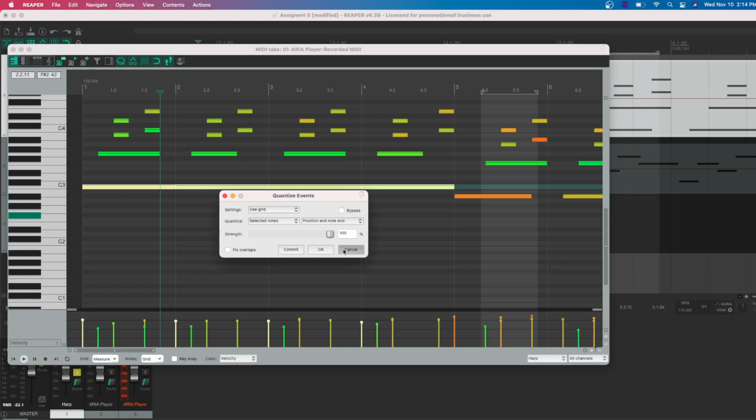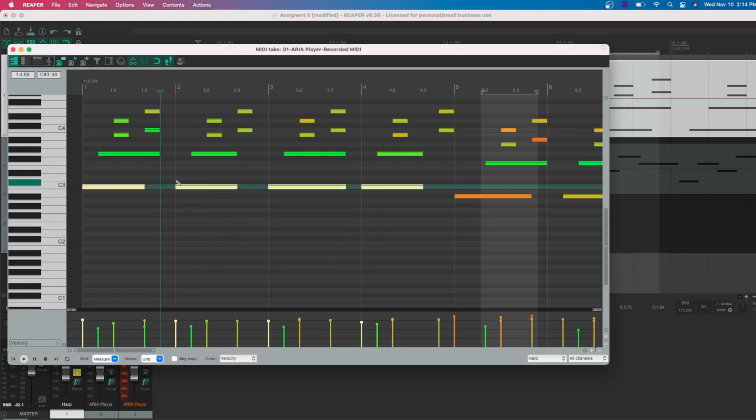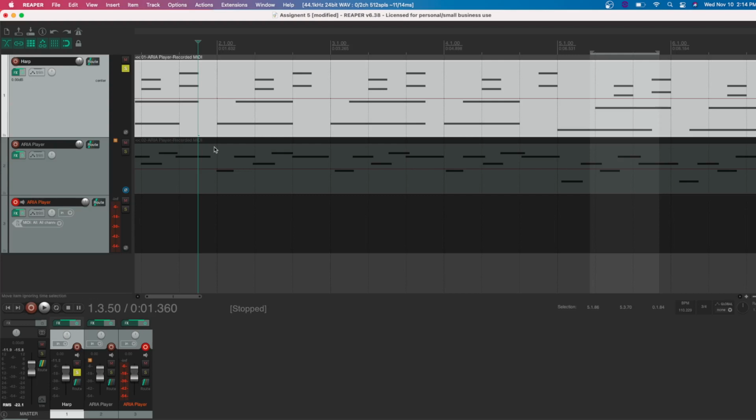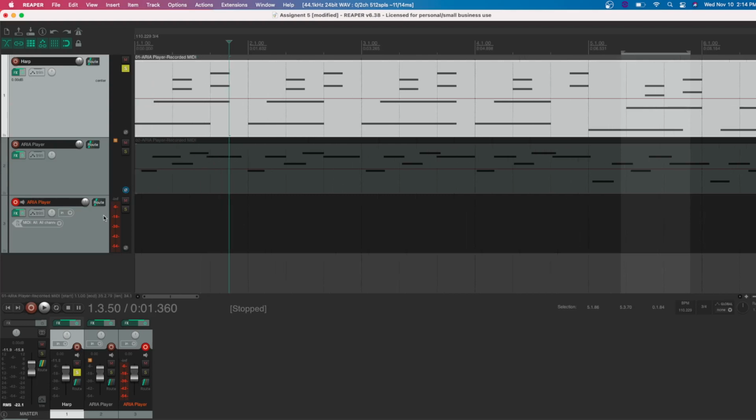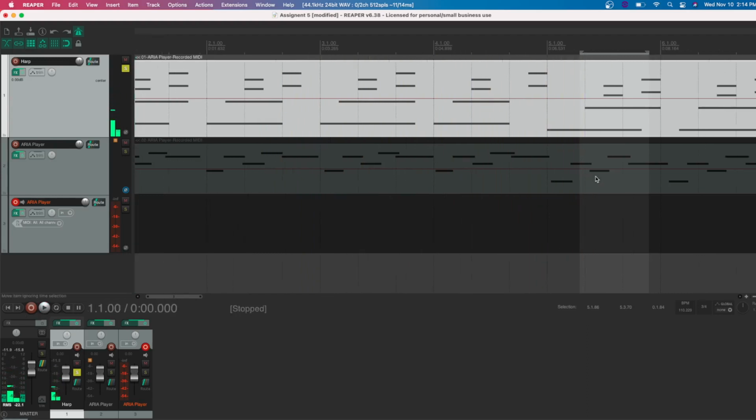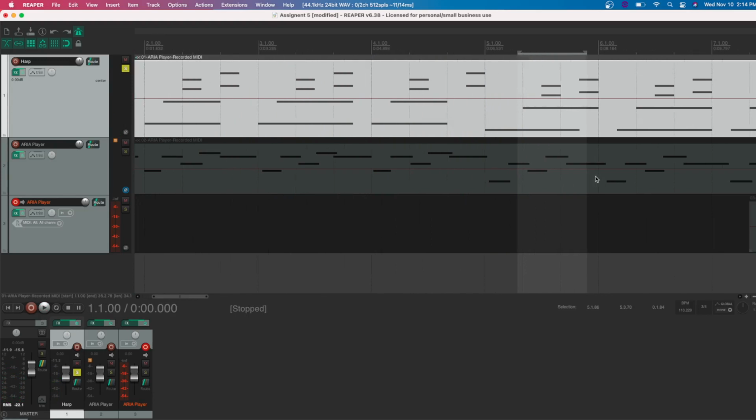But the point is, even if we didn't go that far, what we hear now is going to be a lot more precise than what we had before. So I'll take a listen. I'm going to turn on the metronome again and listen to the music. 1, 2, 3, 1. Okay, and then what happens is occasionally things will get off a little, and that's because Reaper's having to